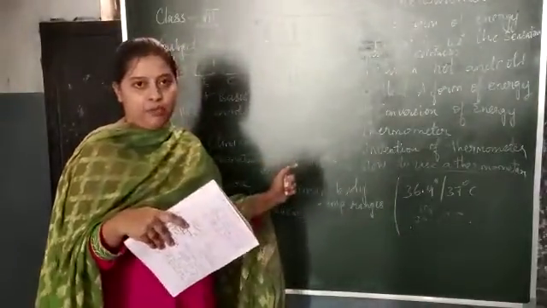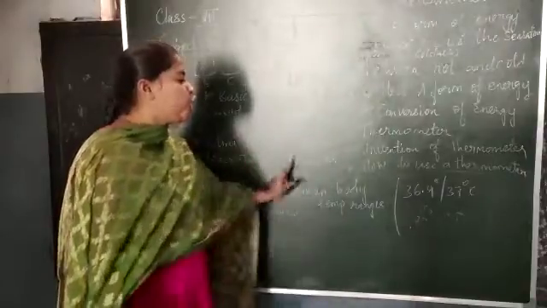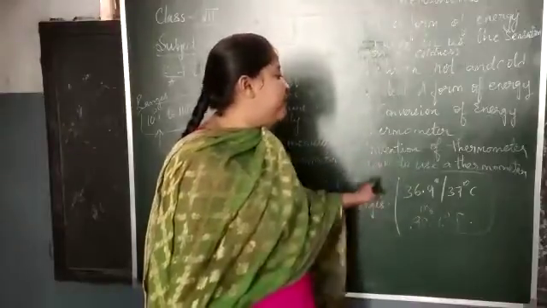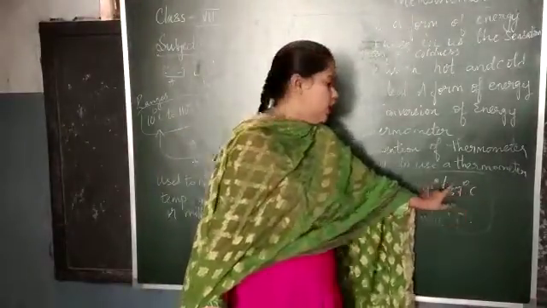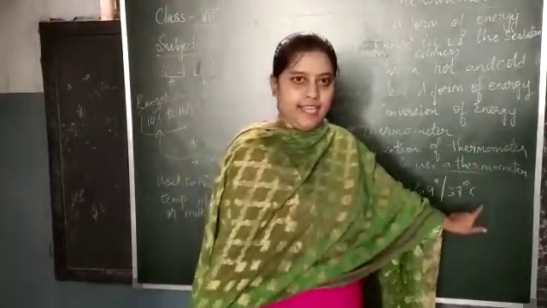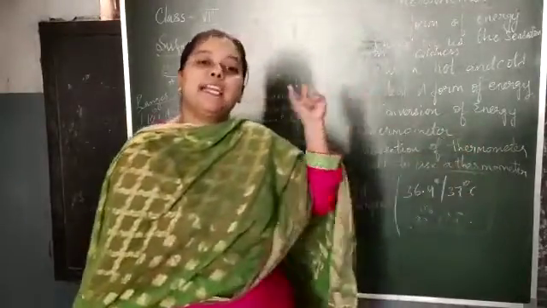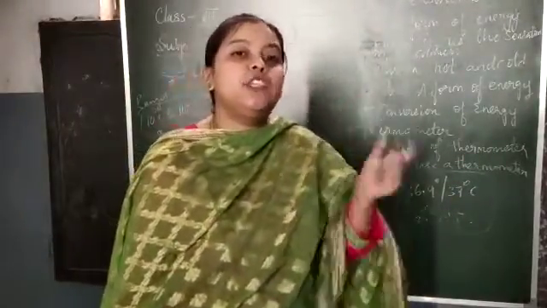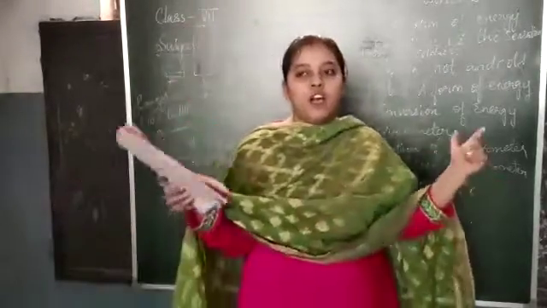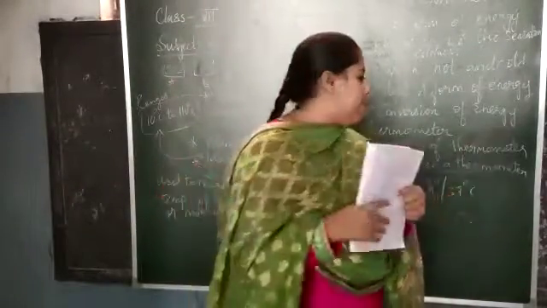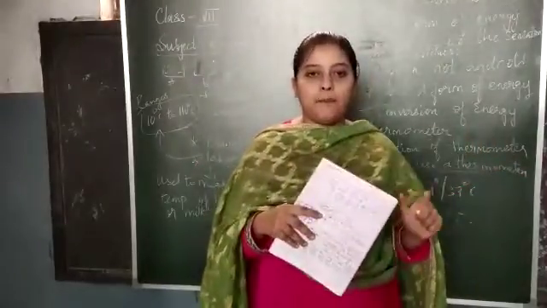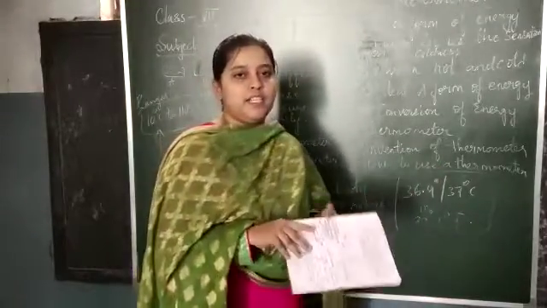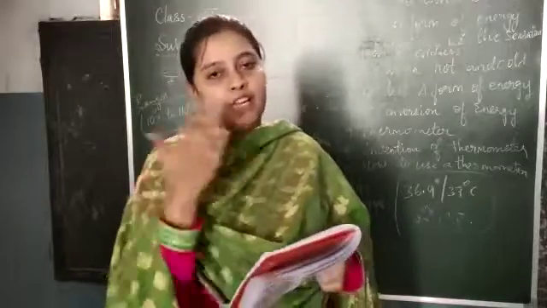laboratory digital thermometer. Children, before going to digital thermometer, do you all know the human body temperature? Our body temperature is 37 degrees Celsius or 36.9 degrees Celsius. In Celsius form it will be 37 degrees or else 98.6 degrees Fahrenheit. Usually this Fahrenheit is used in other parts of the world, but Celsius is used in India. Most commonly it is used in India. Now see children, now coming to digital thermometer. Digital thermometer, usually it is used by the doctors, even we can also use it.